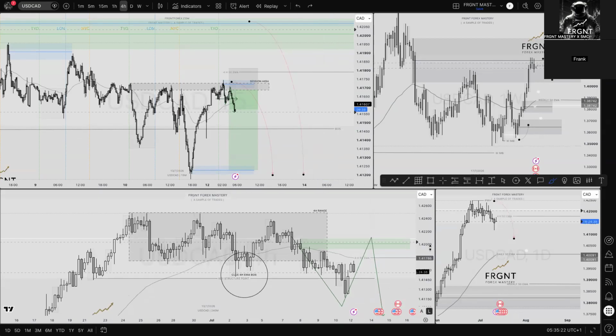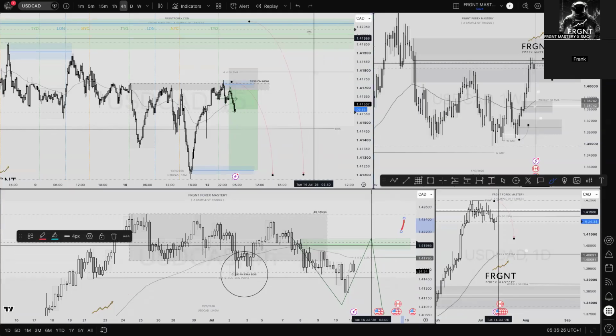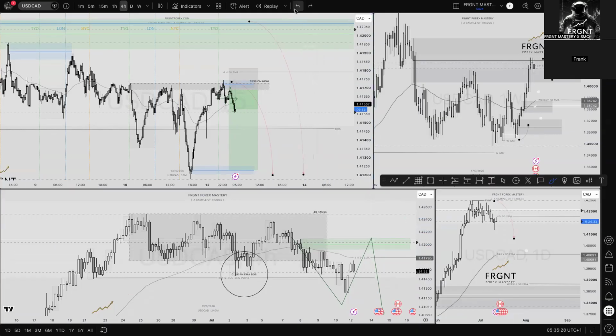So I hope that you guys can understand that. I won't go through all pairs in that degree of detail, but I think that is a good basis for you guys to use the DXY. That is exactly how I'm always using the DXY. It doesn't necessarily need to be a primary for US dollar CAD and the DXY to go short. I'm happy to use the DXY in the same method and take a GU long position, for good example, if the DXY is looking weak.